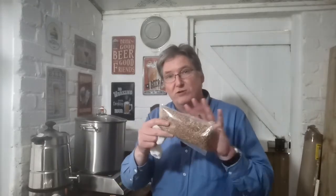I've already got it switched on, and the water's already heating up to about 65 to 70 degrees, which is what the instructions tell me to do. And then I'll just pour these grains into this bag and put them in the urn. At the bottom of the urn, I've put a little trestle, so it stops the bag from sinking down onto the hot plate. That means you don't risk scorching the grains and producing a bitter, burnt taste